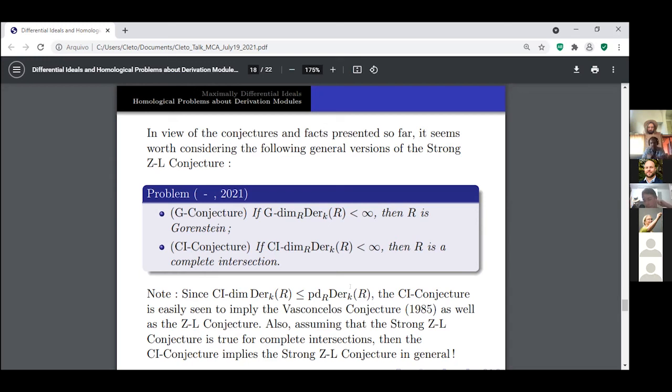Moreover, if you assume the validity of the CI conjecture,